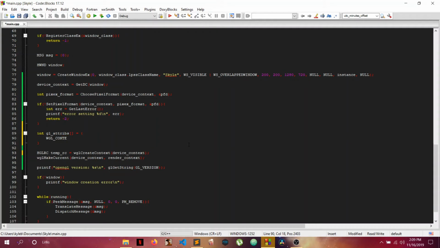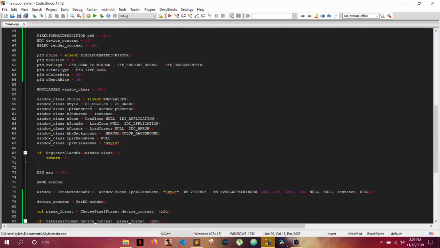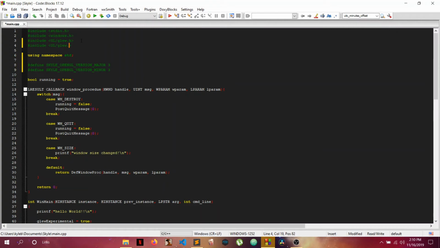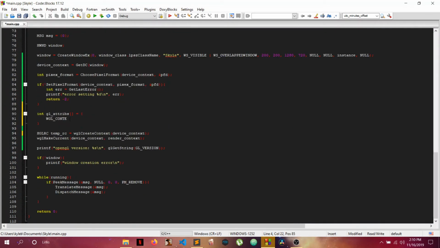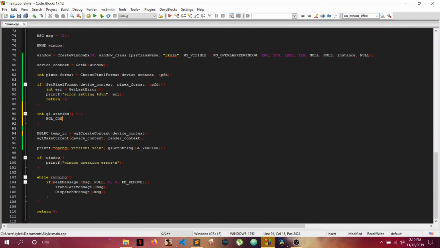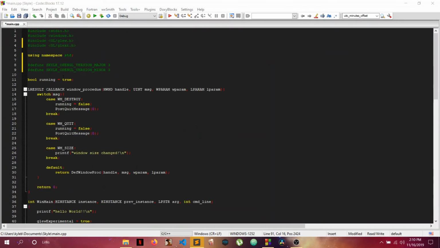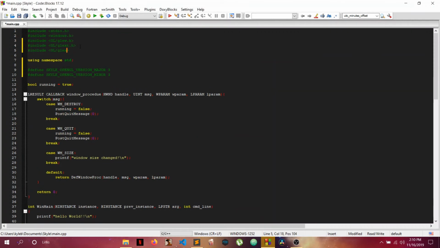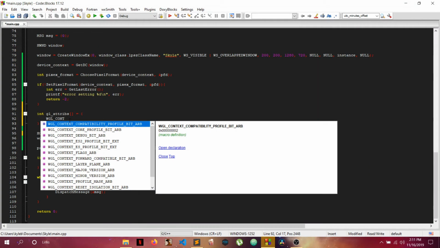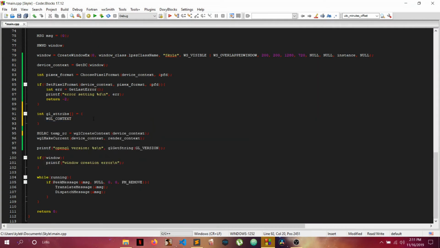Why are we not getting the suggestion here? Okay, let me see. I think there's another header we need to include. GL slash GLX. Yeah, I think this is one we need to include extra. WGL context is still not getting it. Let's see, probably another one as well. Oh yeah, it probably is WGL because it has the W prefix, which is for Windows. Okay, so let's see now. Alright, yeah, now we're getting it. WGL context. We do context major